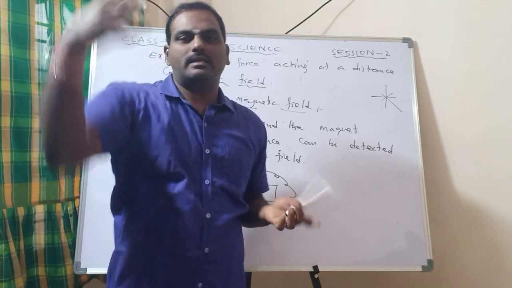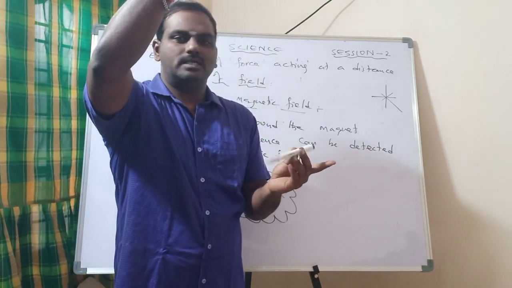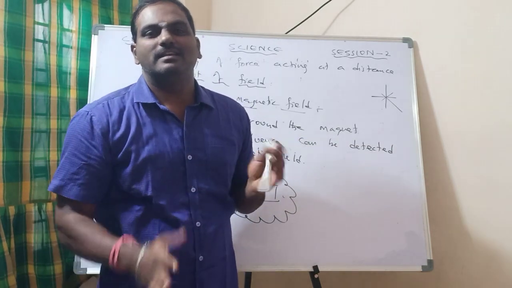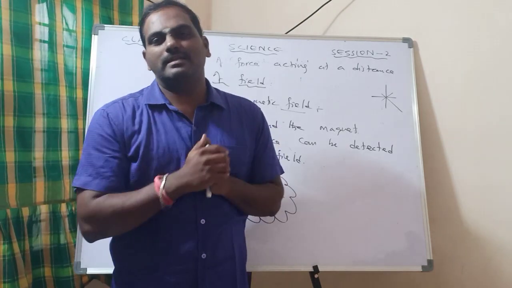ఇలా ఊగుతుంది, ఎప్పటికీ ఇంకా ఆగదు. So tie it and you just leave it. So if it is a magnet, it will show the north and south direction. If it is not a magnet, it just stays. It won't show. Simply that is the logic.